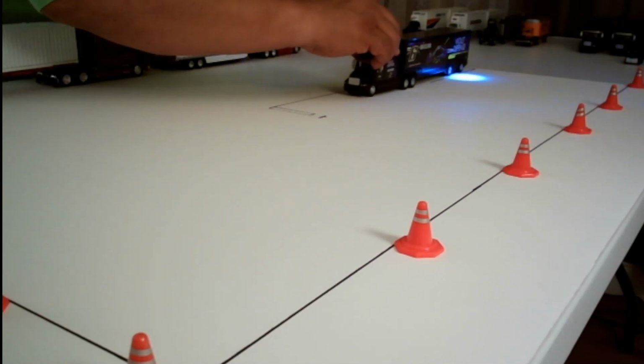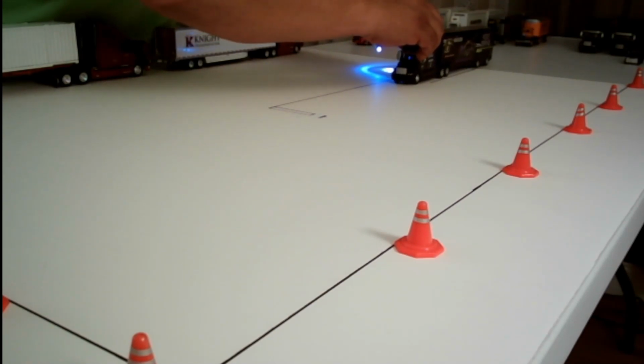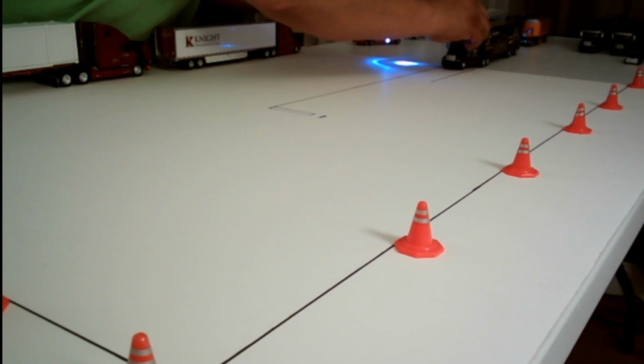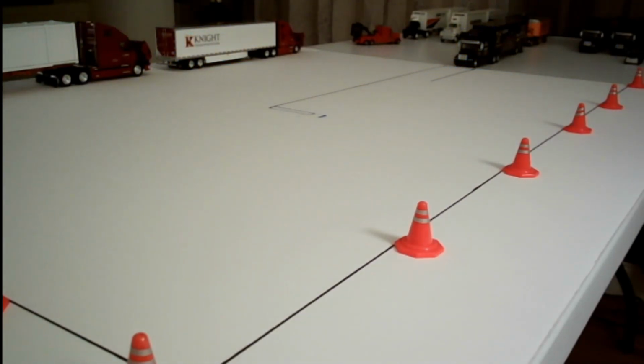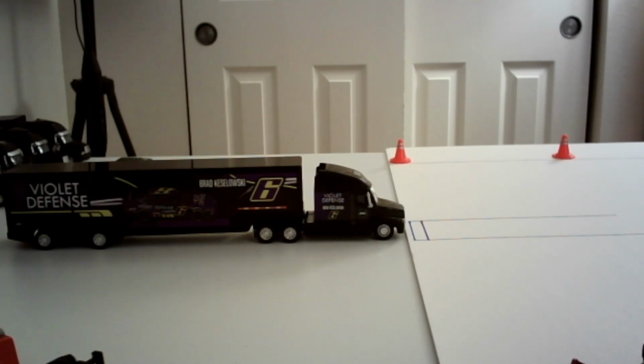Right here, you don't touch the lane on this side. Then just keep on straight, keep on straight. And when you pass these cones right here, you guys are going to put the truck in neutral. And when you put the truck in neutral, you have to visualize that you're already passing